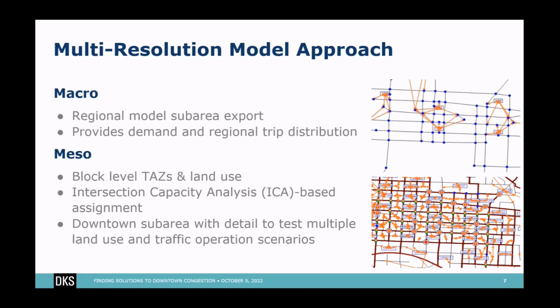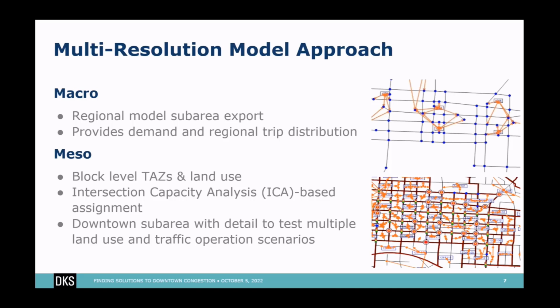This, in the top right, is what the macro model looks like in downtown Hillsborough. It has the arterials, some of the collectors, very little local street connectivity, and just a handful of zones. That's pretty typical of what we see representing regional demand models. But we want to be able to look at this in much more detail. So we added every local street, so we have a full network there. And then we disaggregated the zones to have a block by block setup,